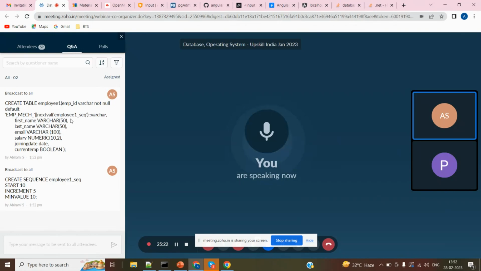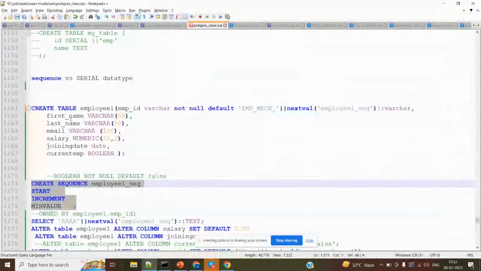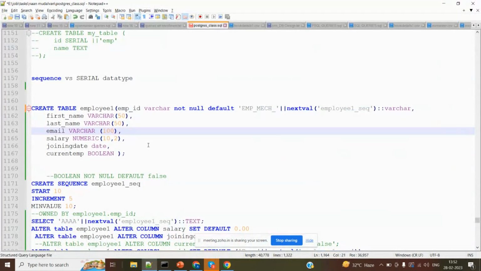So just try to generate the sequence. This is your exercise. While doing the practice session, just create one sequence like this. Okay, so that's all about it. The next thing I'm going to do is select from the sequence. You have to be very clear about the create and select